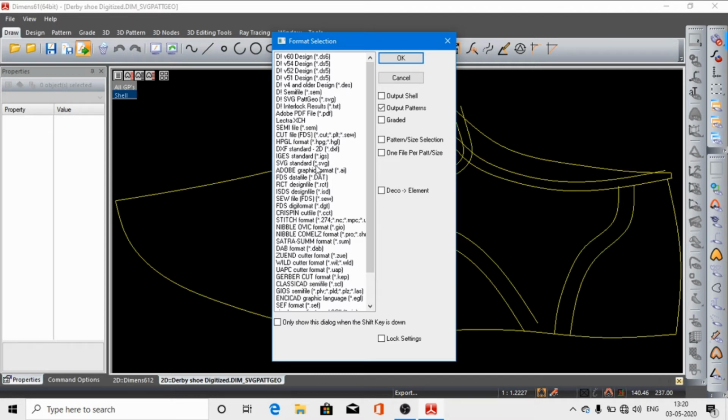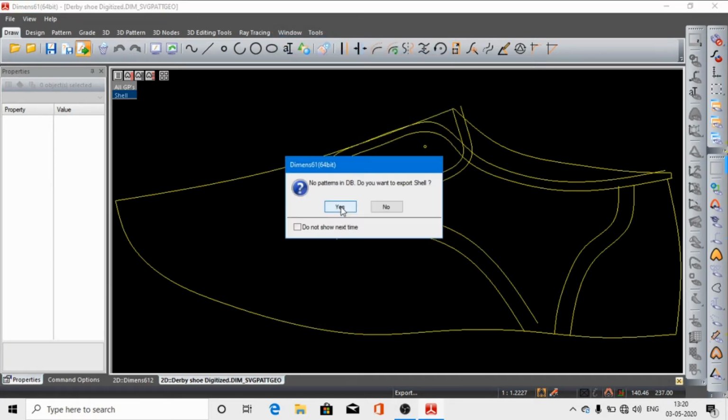But the most usable format is called the SVG standard format. SVG standard format is the most convenient and easy to convert into other formats. So in any CAD designing, they select the SVG standard. You are beginners, you should know we have to select the SVG standard format, and then you will go OK, and then